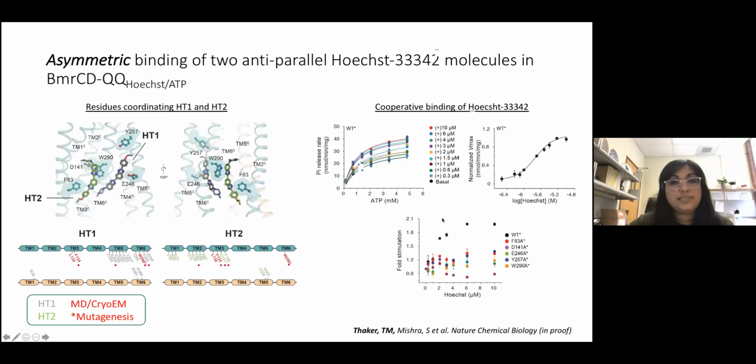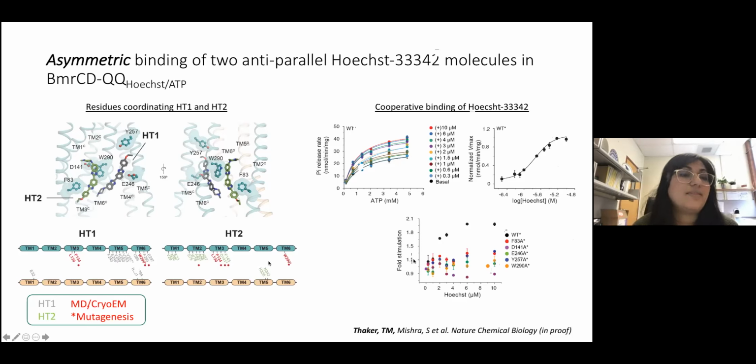And in the presence of Hooks, you can see that the maximal rate is increased. And when we plot this as a concentration of Hooks, we actually observe cooperativity. This cooperativity, when we mutate any of the given sites that are listed here, is essentially lost. They're lost to different degrees, but what we can tell is that there's no single mutation that preserves this cooperativity,